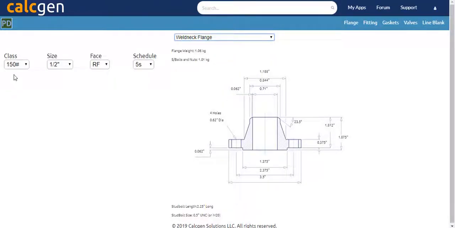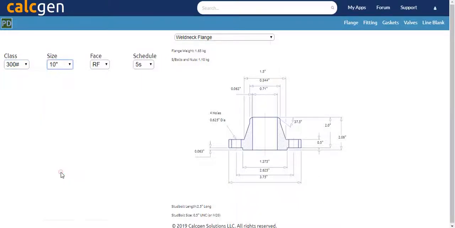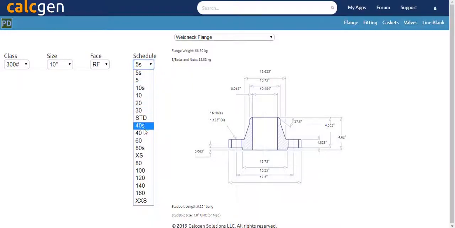You can track down the information about the weld neck flange according to its class, size, face and schedule. By clicking the drop-down option just below the class, you will see a list of all the classes such as 150, 300 and so on. Select any one that you require. By clicking the drop-down option just below the size, you can select the particular size of the flange that you want. By clicking the drop-down option just below the face, you can select either a raised face flange or a ring-type joint flange. By pressing the drop-down option just below the schedule, you can select the schedule of the flange